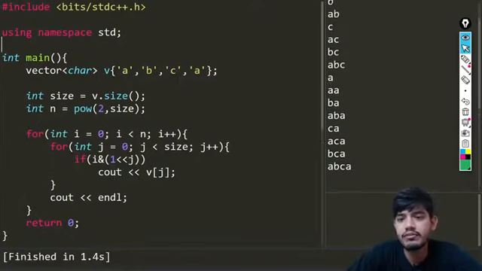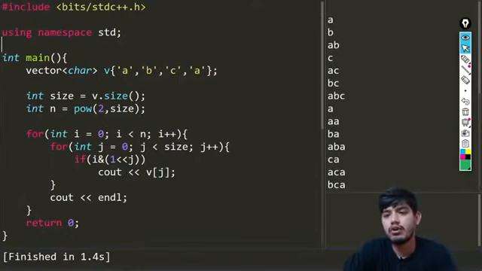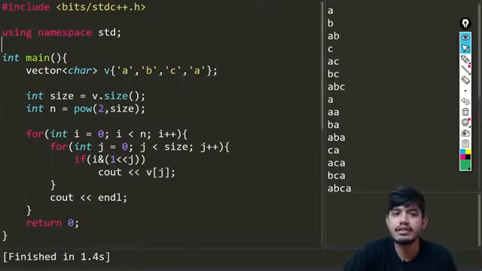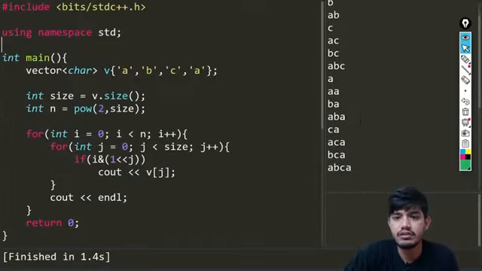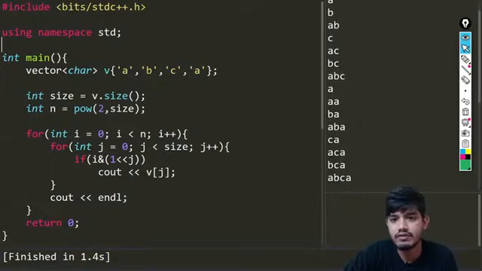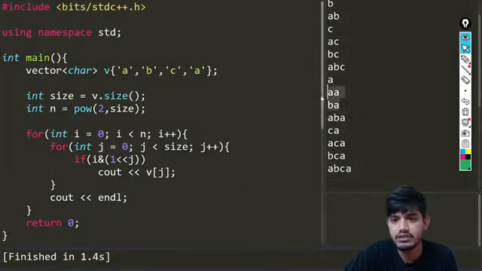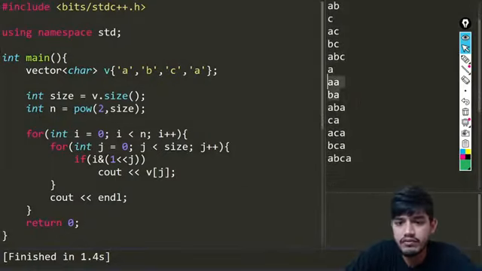Okay, so it is going to be same only. So combination will be just ignoring that A comes 2 times, so I think we will be getting A somewhere 2 times, and you can see we have got this A 2 times. Okay, then we have got A B C A. So all the values we are getting correctly.